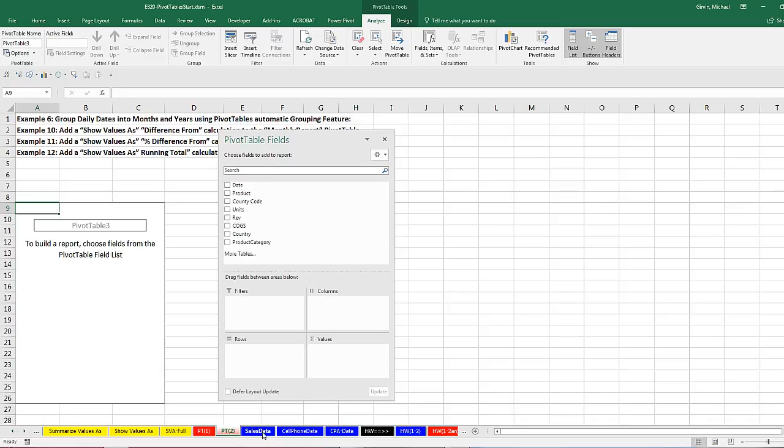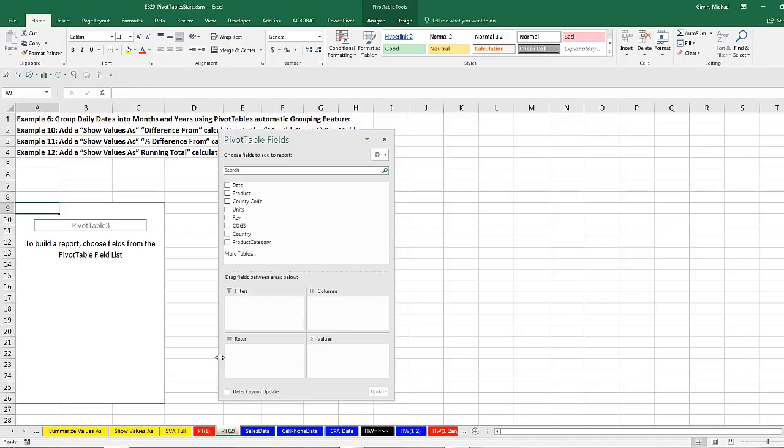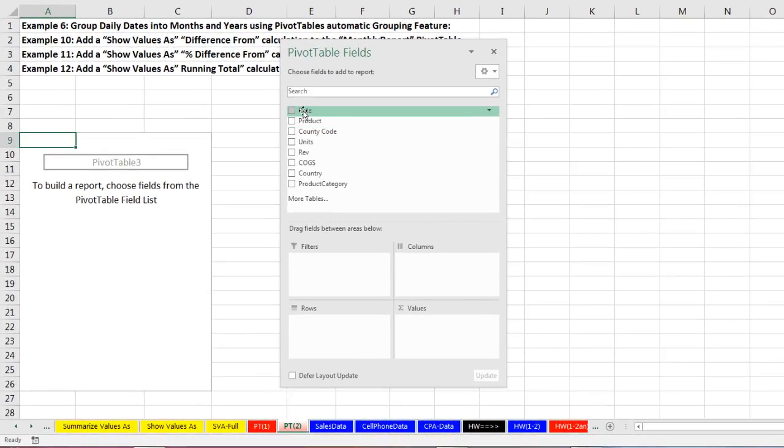And I want to go back over to the sales data and notice this data set, as well as most data sets that we get that contain transactions from sales. Those transactions are almost always encoded with a date, sometimes with a date and time. But notice, dates are fine. In fact, we might want a daily sales report, but oftentimes we want month, quarter, and year. So remember, those are individual days. If we go back over to PT2 and watch this, that whole date column is filled with days, but in